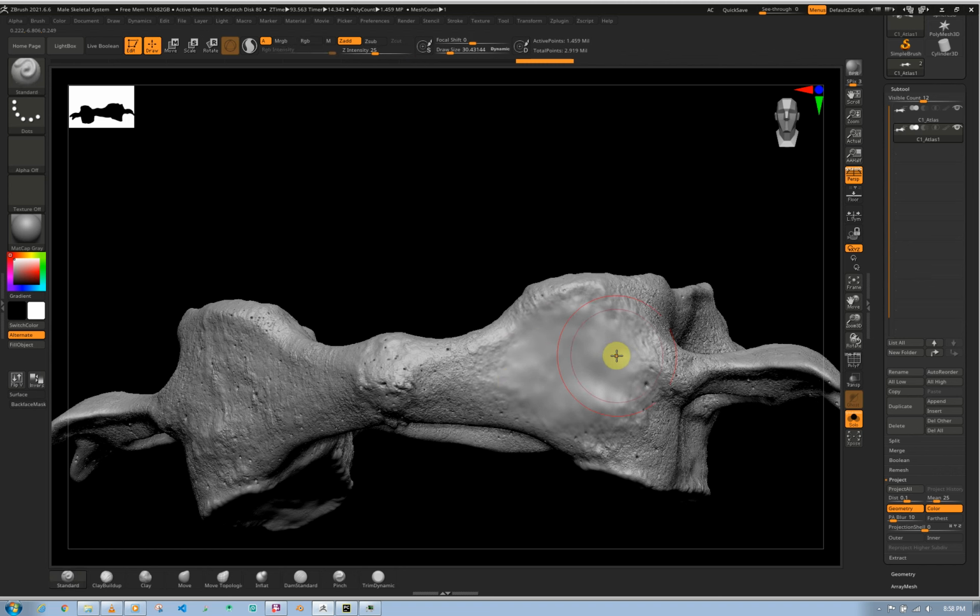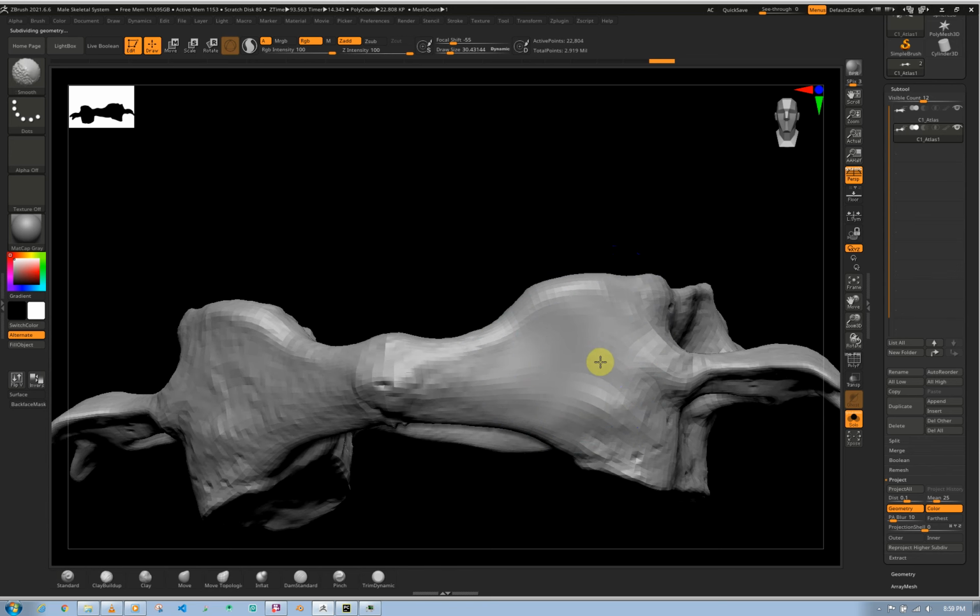Just smoothing that out, and then pressing Shift D on your keyboard to go to the low subdivision again, so we can destroy those secondary forms. We just want everything smooth. Shift D again to go to our primary forms now. Just make everything smooth, starting everything from scratch. Shift D again. As you can see, we're destroying everything, the forms and everything. Just making everything flat